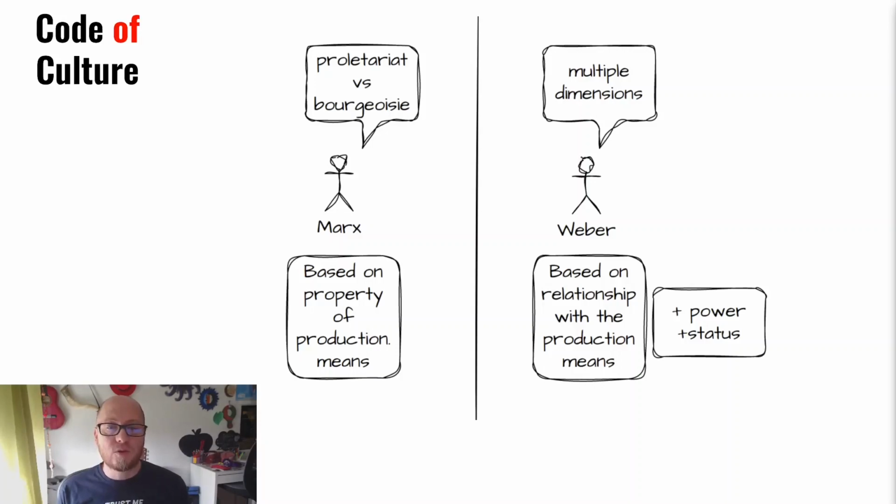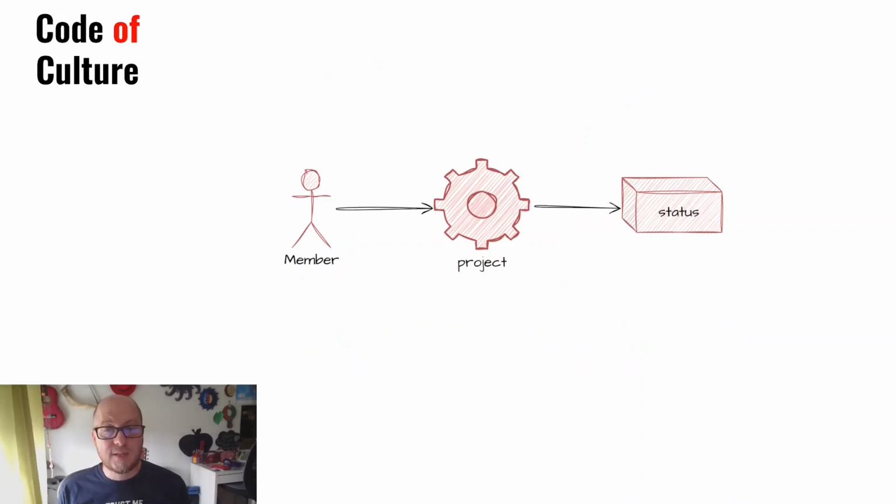But how can we apply these ideas of production means, power, and status to open source projects? An open source project can be seen as a society where every member has more or less equal access to the means of production, which in this case is the project itself. In this society, the outcome that members receive is not material wealth, but a form of status within the community. Using Max Weber's idea of social class as a group of people in the same kind of relation regarding the production means, we can identify four main social classes in our open source project: